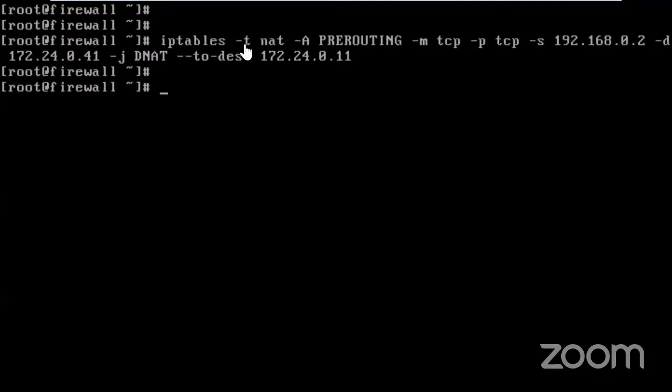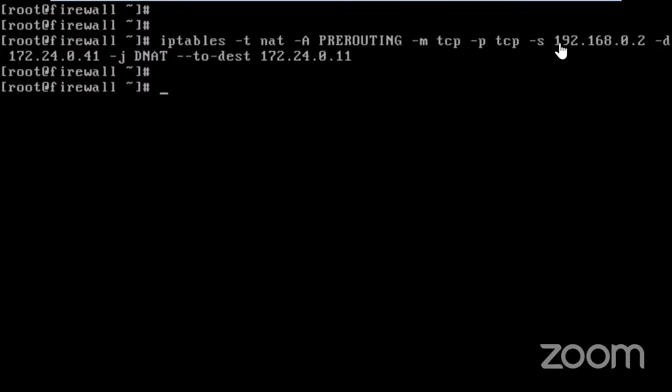iptables. Now the type of firewall, because we have said that this iptables firewall supports NAT also, Mangle also, and your filter also. 90% of the time it is filter, then it is NAT. If you are a telecommunication company, then it is Mangle type of firewall. So here we are adding one rule in PREROUTING. That means please change the address before the routing decision. This is unnecessary, we can skip that. Module is TCP, protocol TCP.